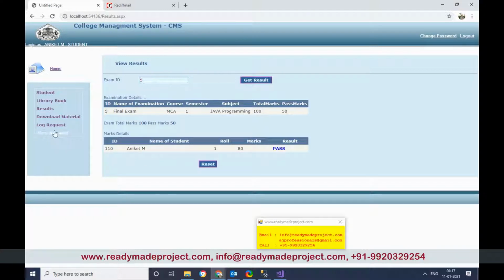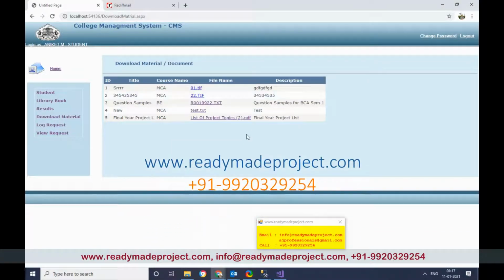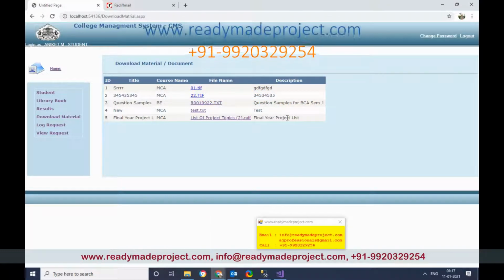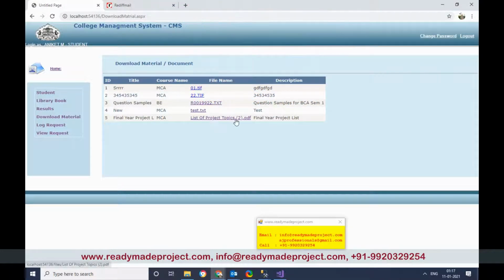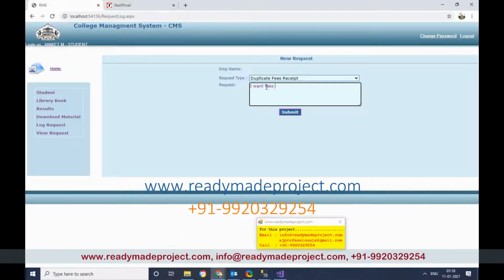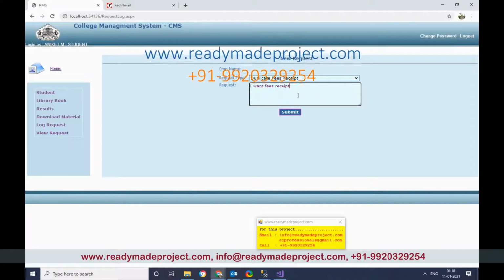Then he can click on download material. He can view all the material uploaded by the teacher, and he can download that document or read the document. In log request, if you want a duplicate fee receipt or whatever, you can log a request.